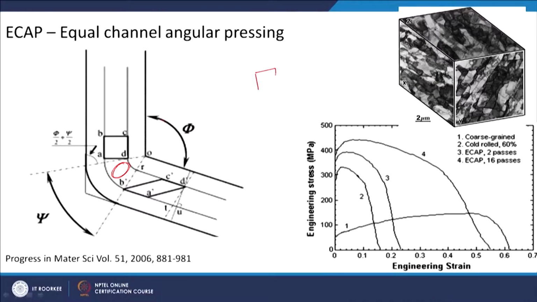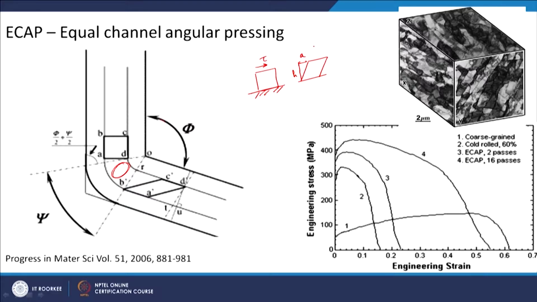Basically, if you have some block and I put a shear strain, let us say I have fixed it at one end and I am applying a shear stress on the top part, what will it become? It will become something like this, and the amount of strain you can get from how much is the displacement divided by the height.